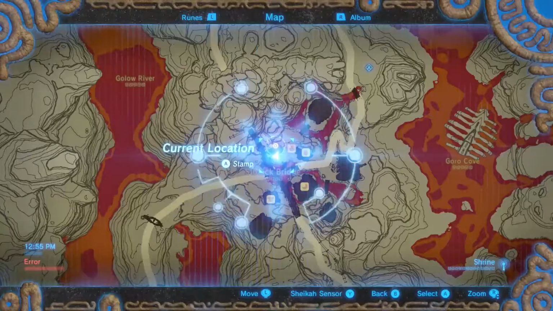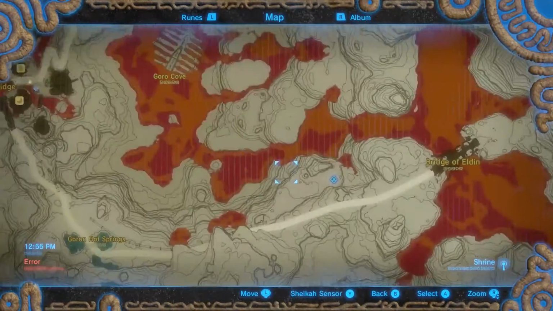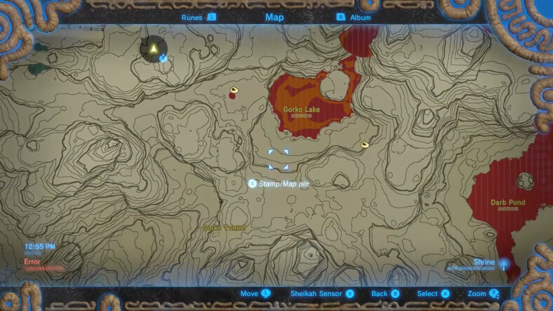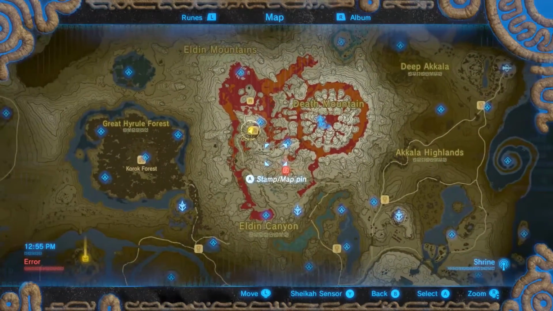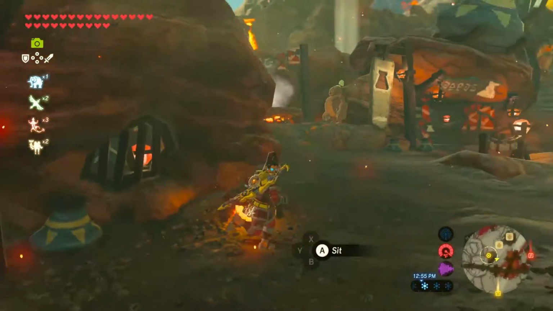But alright, is this gonna take me near where I... No, the yellow mark is just where I am. It's just gonna take me back to you. But you said Gorko Tunnel? That's where I was? Yeah, that is where I was! That's where I got that freaking Korok seed! Alright, well, somewhere around here I can start this shrine quest, so...